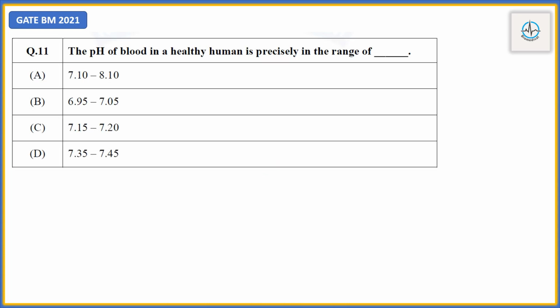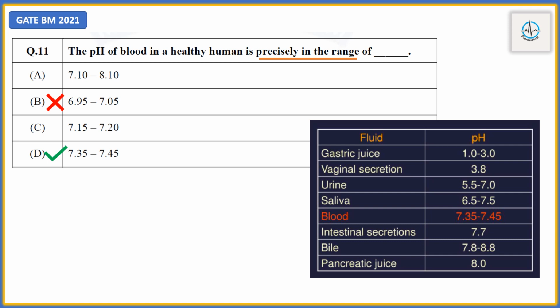Now going back to the question, they have asked us to find the precise value of pH of blood in a healthy human. From the above consideration, we can eliminate option B because it has 6.95, which is less than 7. It cannot be an acidic medium. So the remaining options A, C and D can be considered, and from this the actual answer would be 7.35 to 7.45. For additional information, let's see the pH of other human solutions.